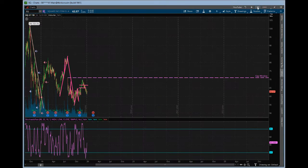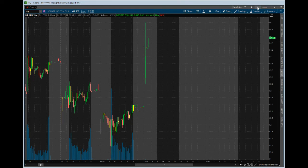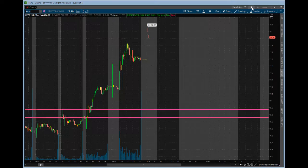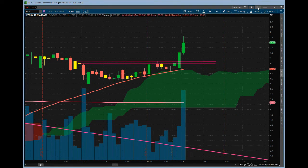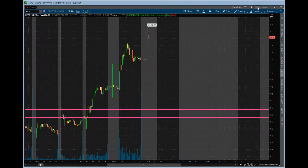Another one that we saw this morning is FireEye. They got an upgrade. This is an interesting one. One of our members mentioned this yesterday in our live stream. It is looking pretty good. We do have an upper shadow right here, so that was the only concern that we had about that. And it's gapping up this morning on an upgrade based on the fact that it's a security type company. They were saying that the upgrade basically said that with the Middle East conflict, it could get some increased